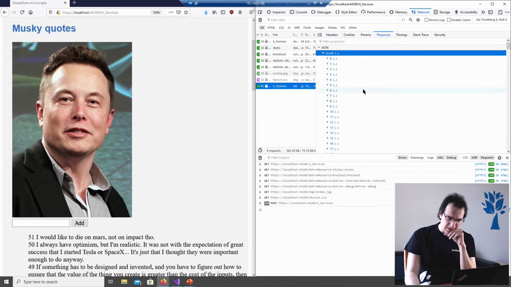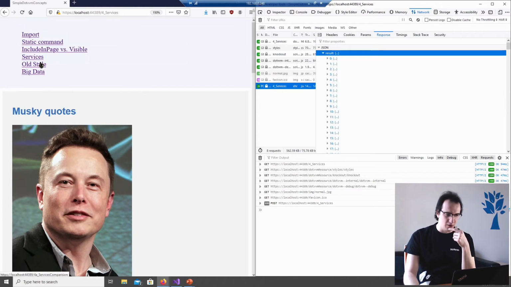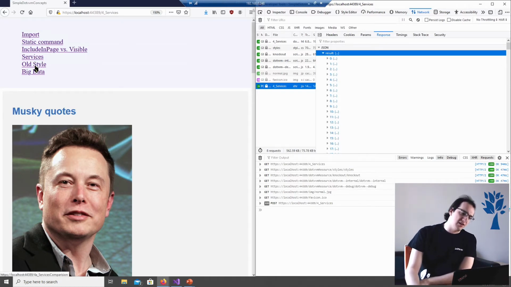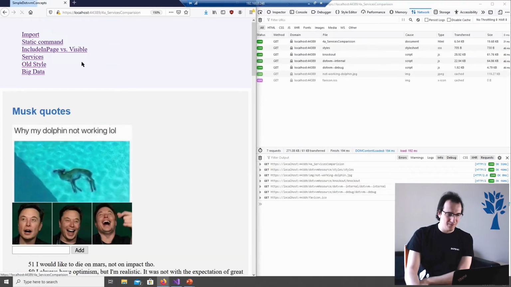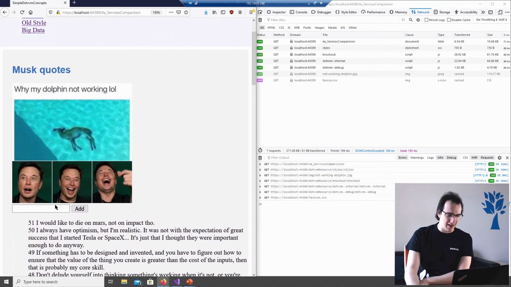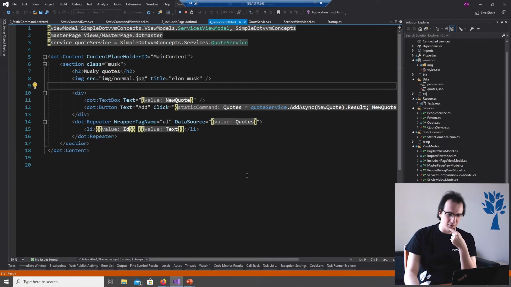This may seem like quite a lot of data, but let's compare it with the way it's usually been done, for example, in DotVVM 1.0. In DotVVM 1.0, what you will see here is much more data being transferred. So we have another page with Elon Musk memes, this time implemented directly, and in here we can add some quotes again. But first, let's have a look at